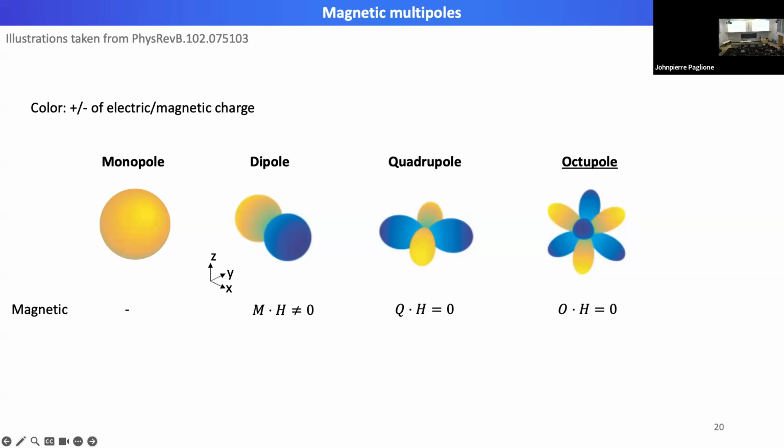So if we have a static octopole order, it would break the time reversal symmetry, but the challenge here is that there's no net magnetic moment, therefore these octopole objects cannot very directly couple to the external magnetic field. So the piezomagnetic effect actually comes to the rescue here. So this octopolar angular distribution of the magnetic density actually allows